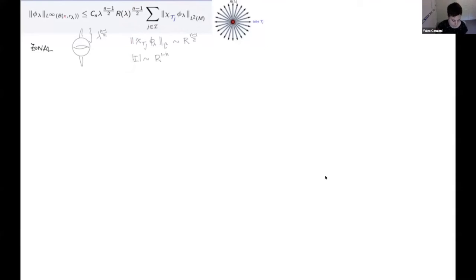Now, the way in which we are going to use this result on controlling the value of the function at the point x to get anything about LP norms is to,